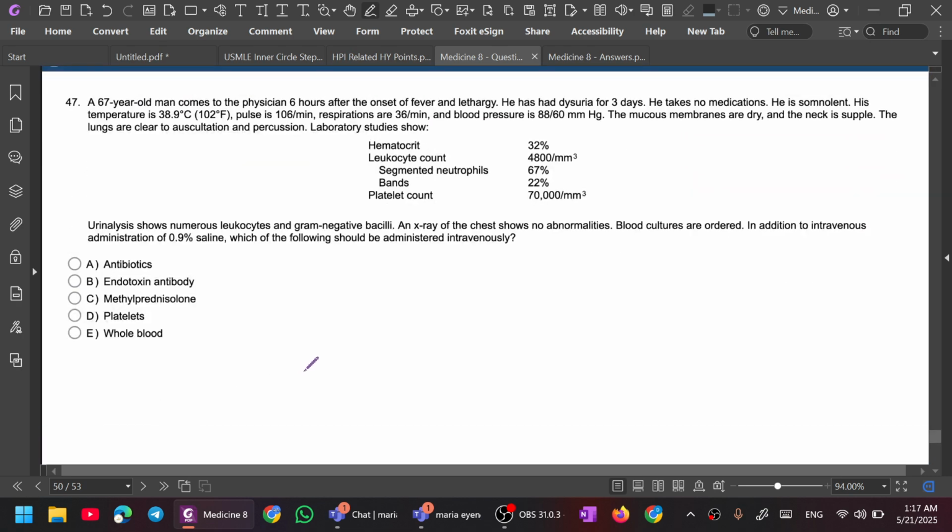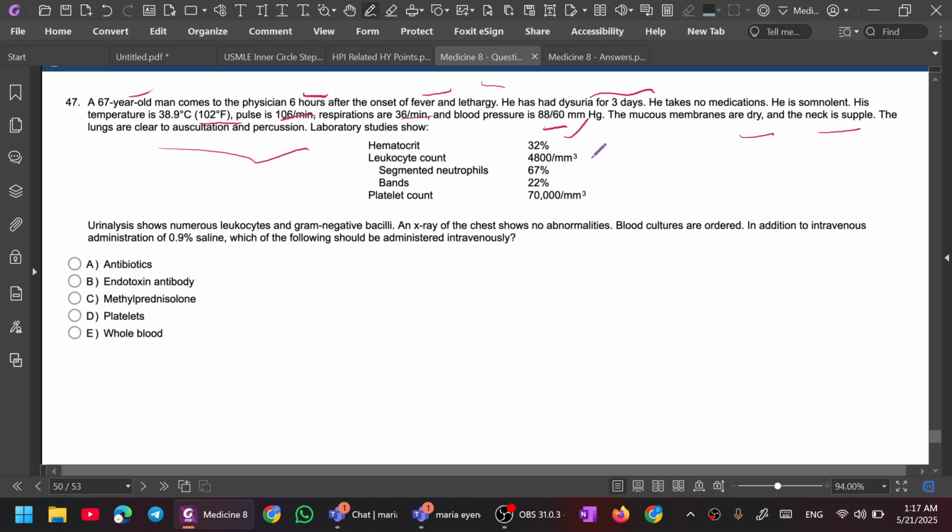A 67-year-old man comes to the physician 6 hours after the onset of fever and lethargy. He has had dysuria for 3 days, no medication, somnolent, temperature 102, pulse 106, respiration 36, BP 88/60, mucous membranes dry, neck is supple, lungs are clear to auscultation and percussion,